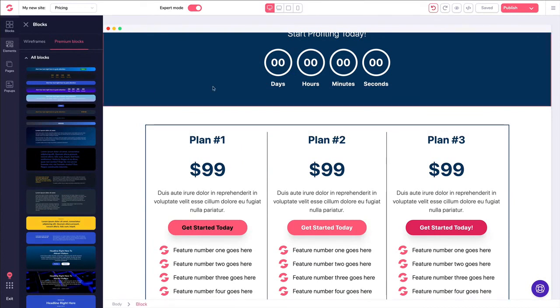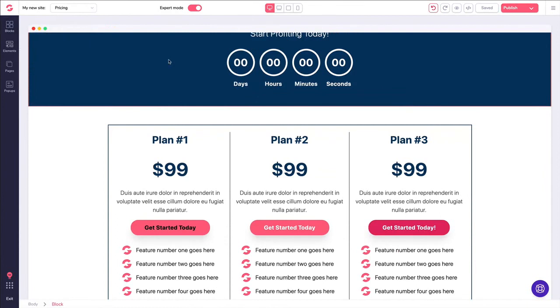So again, as time goes on, we will never stop adding different templates, pages, and funnels for you. We're even adding a blog feature so that you won't need WordPress. You can go fully off WordPress, and in early 2020 we're going to have split testing. So right now we're in beta, but I wanted to show you where we're going, what you can do now, and the promise of what